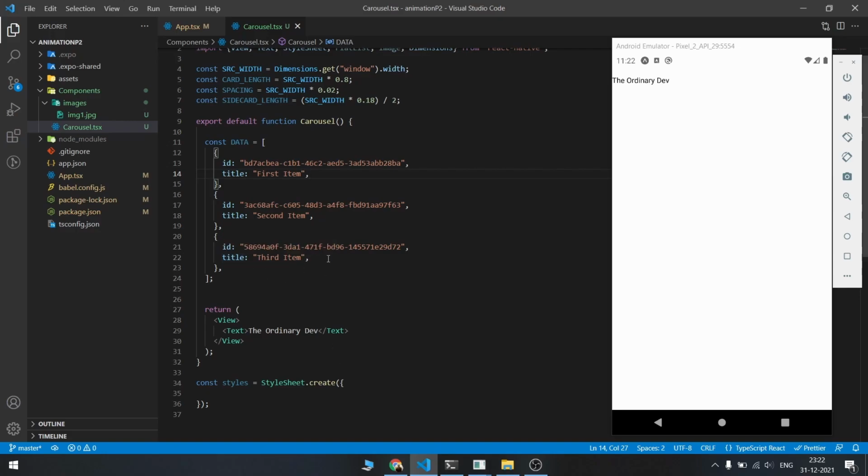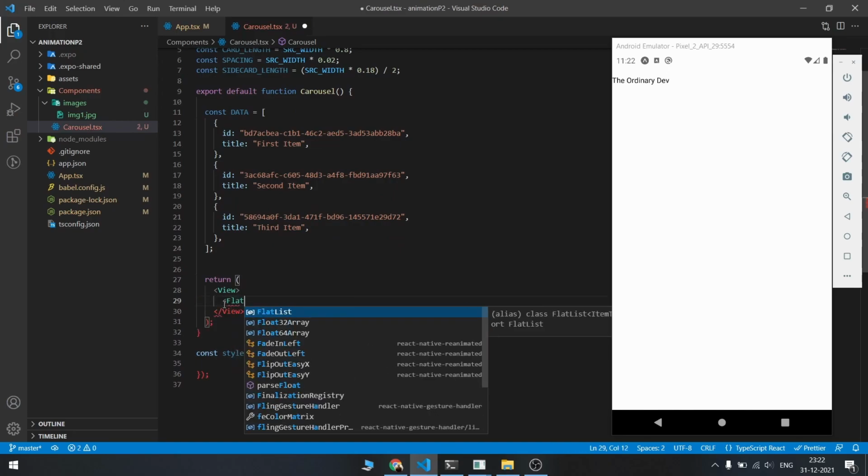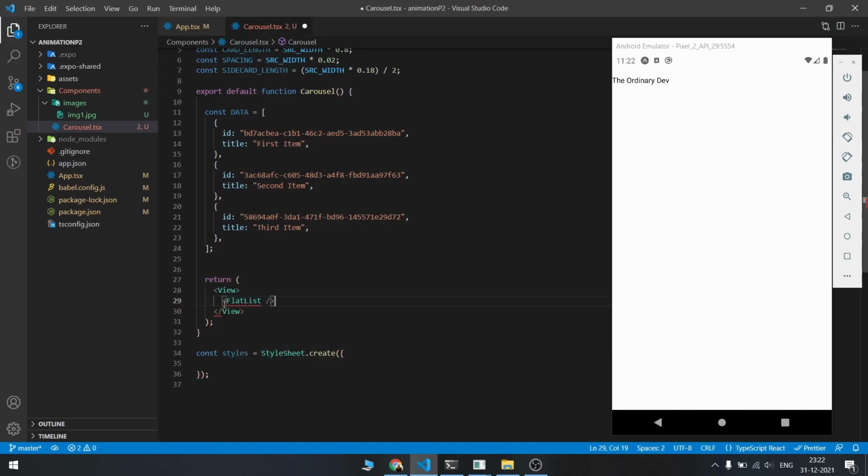To begin, we will make our list, a FlatList, and it won't be using any animations in the beginning. But let's make the horizontal list, and later on we will animate it. So I'm going to remove this and create a FlatList here.